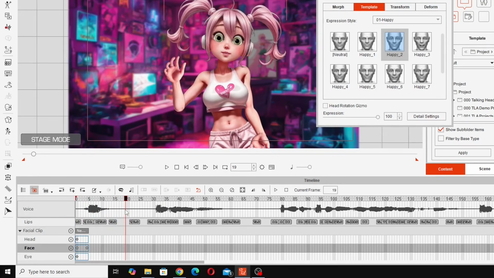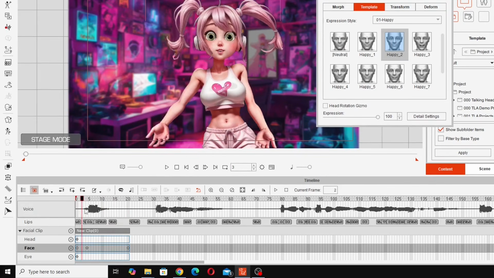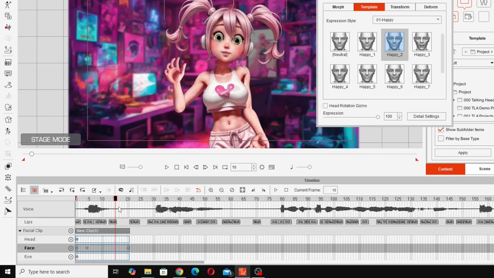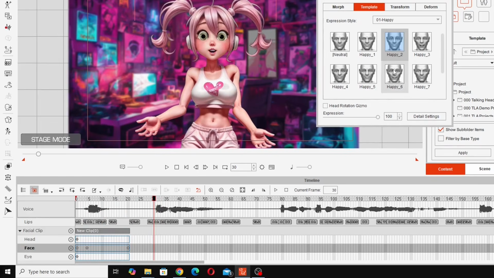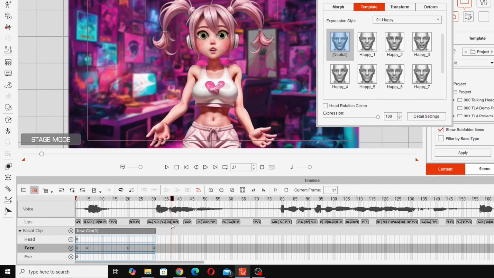And if we wanted to hold that happy expression, we just move the playhead for however long we want it to be held for. I'm going to hold it up until frame 20 and then click neutral. No, I'm going to click P2 first so that she holds it. You can see between those two keyframes she's holding that expression. And then we might go back to neutral while she's introducing herself. So we'll hold that neutral position to there,